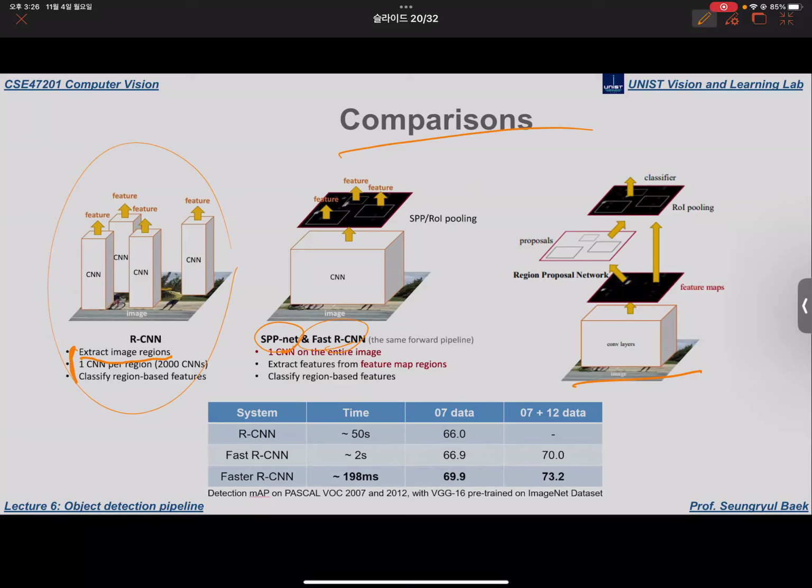In RCNN, they first extract image regions using the selective search algorithm, and they have to apply one CNN per region. So we have to apply CNNs 2,000 times, okay? And they subsequently apply an SVM to classify the region-based features, okay? That's the RCNN. And in the fast RCNN algorithm, they apply one CNN on the entire image, and then extract features